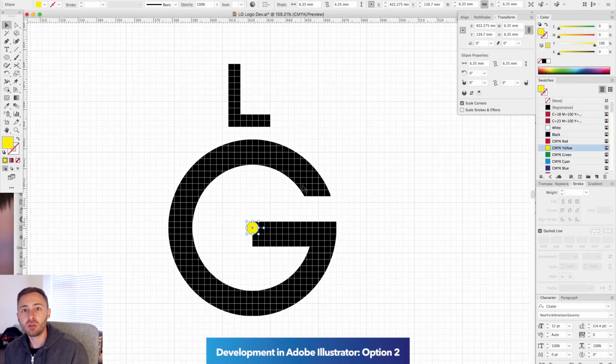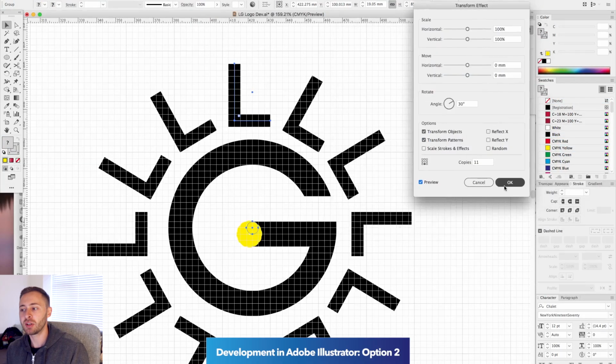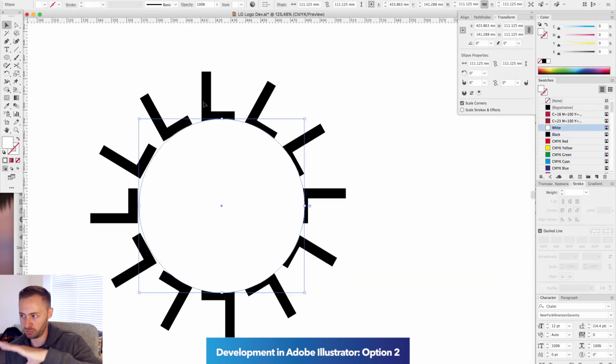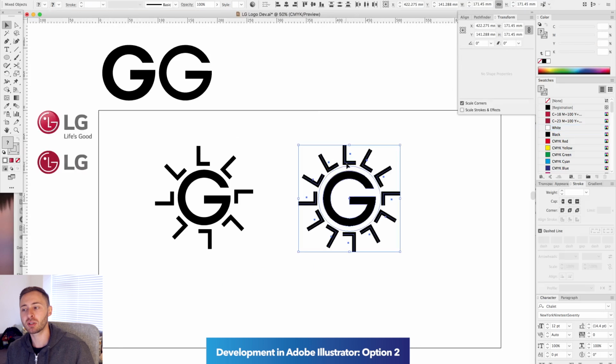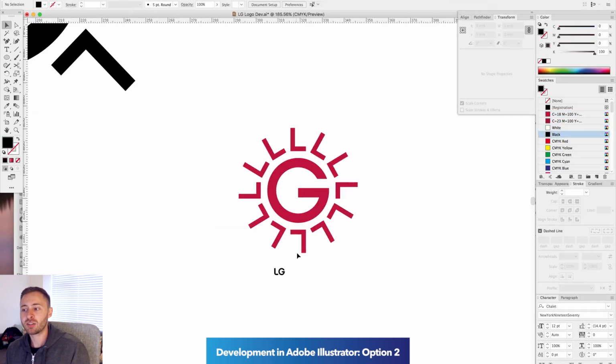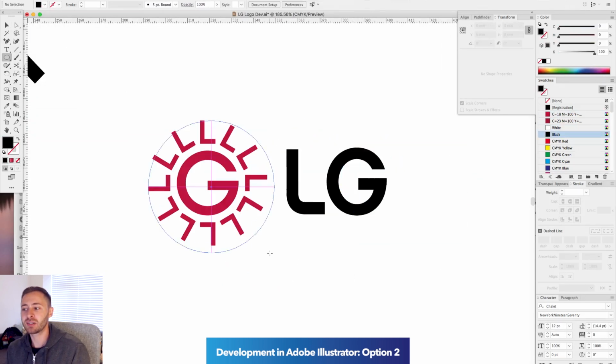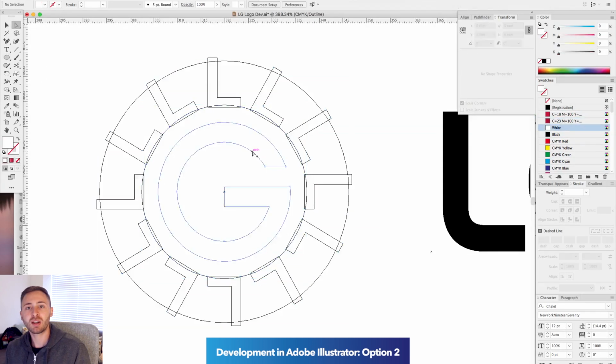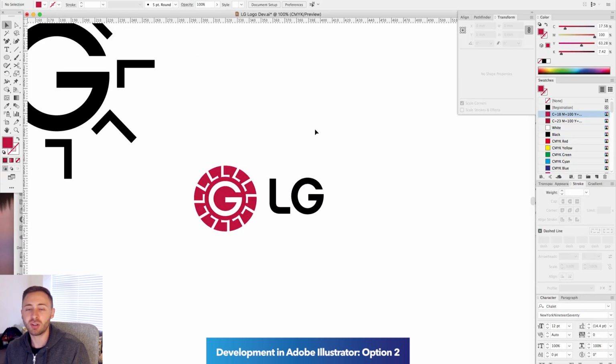For option 2, I wanted to include this idea that I'd drawn on the notepad. The idea is a large G in the centre of 12 capital L's revolving around the outside, kind of like numbers on a clock. The added attraction to this idea is the fact that it looks like the sun or a flower, which are both natural things that humans need to live, which ties in with LG's humanity first approach to